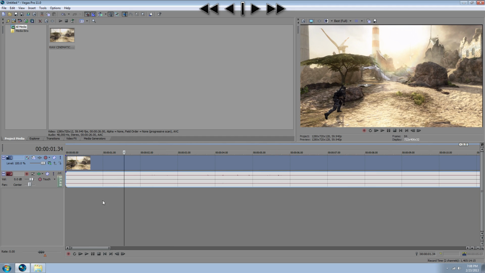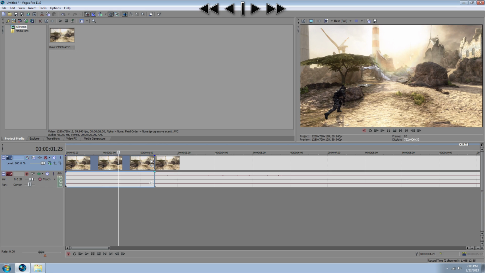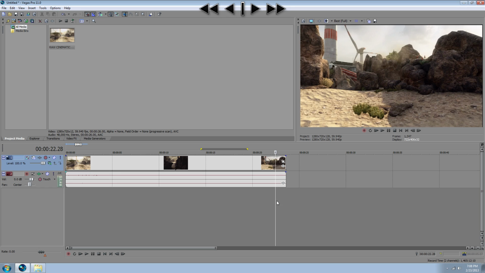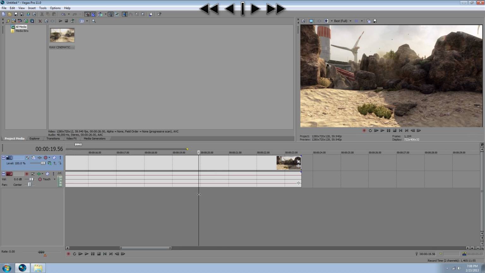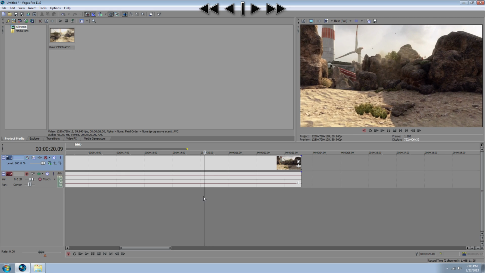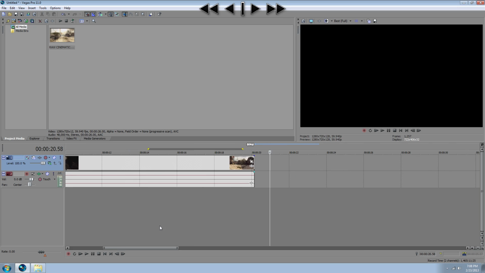So what I'm gonna do is zoom in into the actual timeline, and I'm gonna find the first point the camera starts moving, which is around here. Right there, the camera starts moving. So I'm gonna hit S and delete the first part, which I split up, and I'm gonna zoom out just to see more of it, and I'm gonna go to the very end of the cinematic to the point where the camera stops moving. Well, just a little bit before that, which is right here. Here it's moving, and it stops right there. So I'm gonna go a little bit before that. I'm gonna hit S to split the clip,